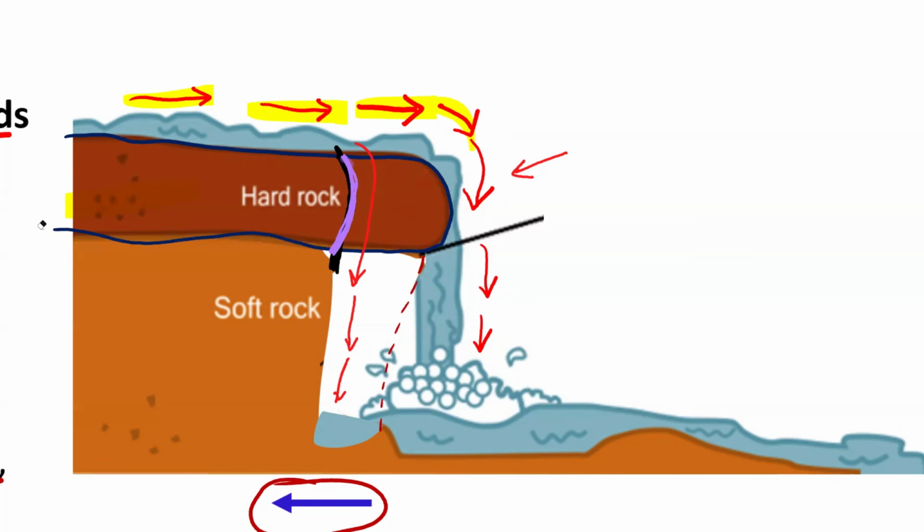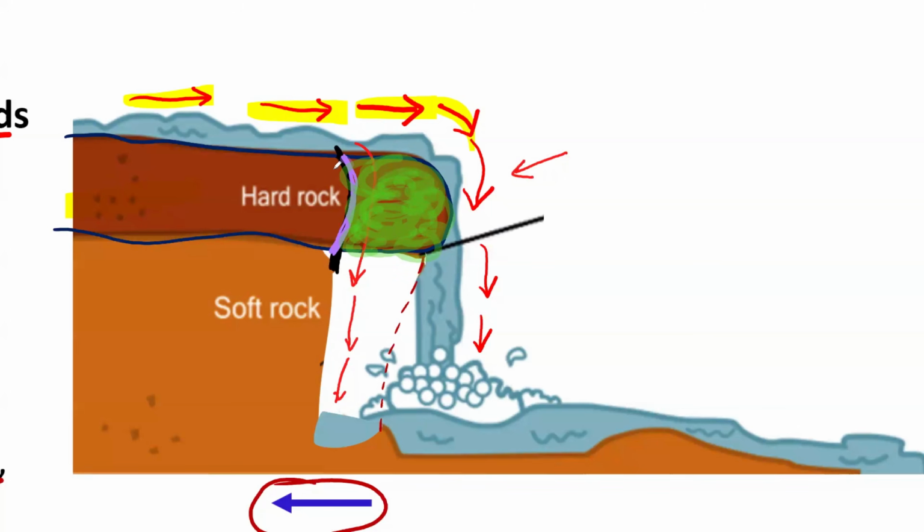But what I'm trying to say here, Grade 12s, is that at first our river's water was falling in this direction, reaching this point. But now, because of what happened? The softer rock was undercut, or eroded, backwards. And when the softer rock was eroded backwards, the hard rock was left unsupported. This portion, specifically, of the hard rock was left unsupported, such that it broke down and fell off.